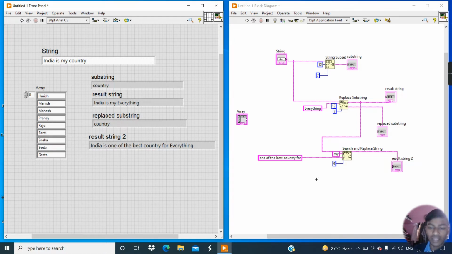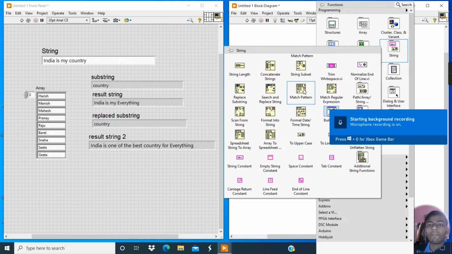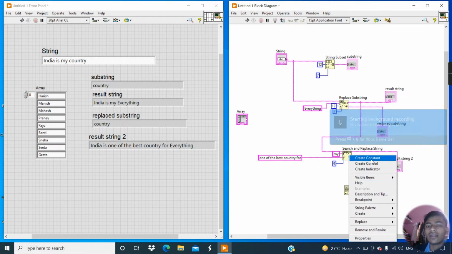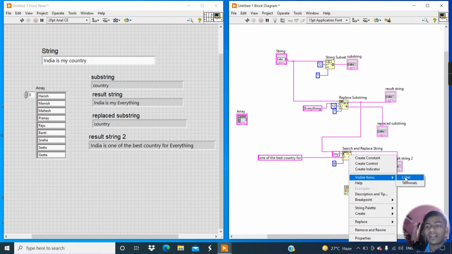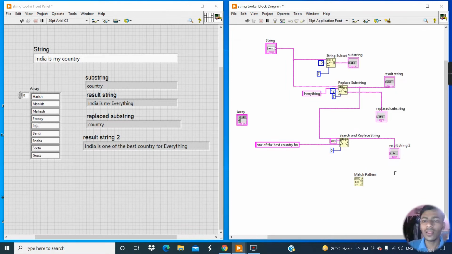Okay, now again go to the control string palette and click on this match pattern, and then keep it here. Okay, right click, go to the visible items and click on this label. Now if I talk about the function of these match patterns, so this tool searches the regular expression in the available string, from the beginning at offset.